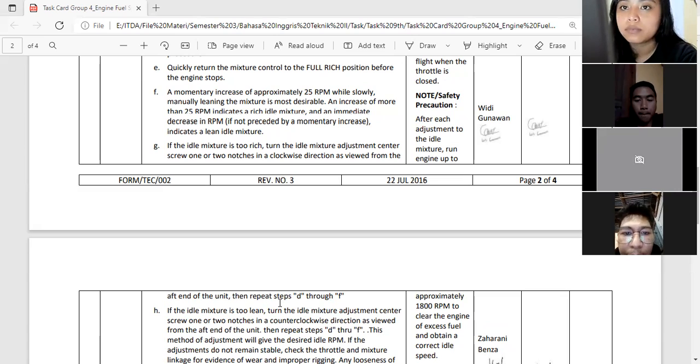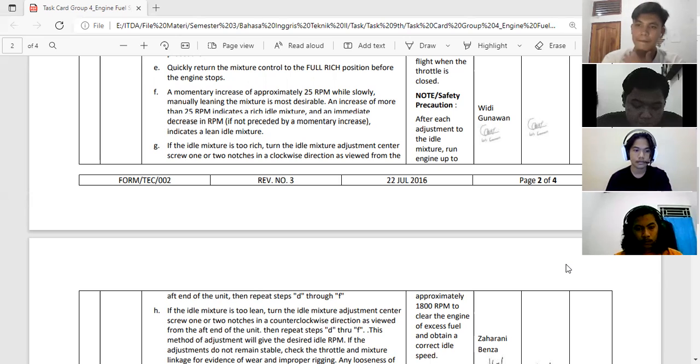An increase of more than 25 RPM indicates a rich idle mixture, and an immediate decrease in RPM, if not preceded by a momentary increase, indicates a lean idle mixture.